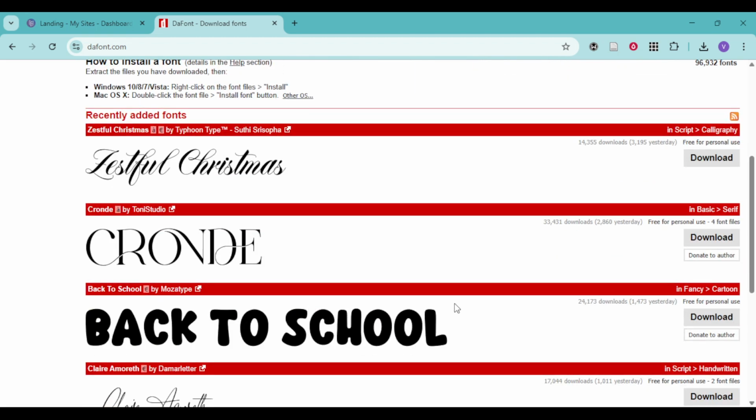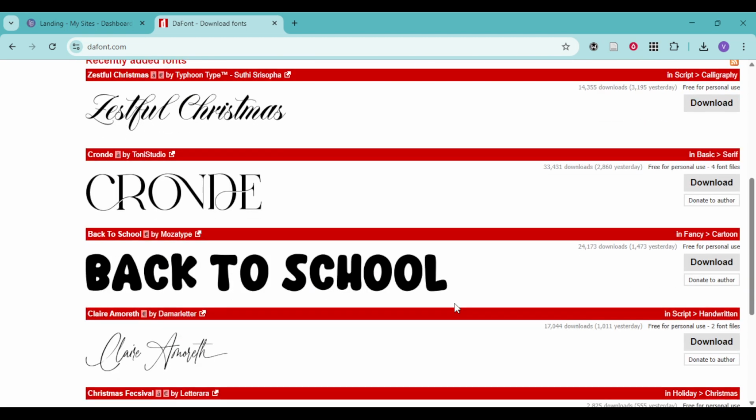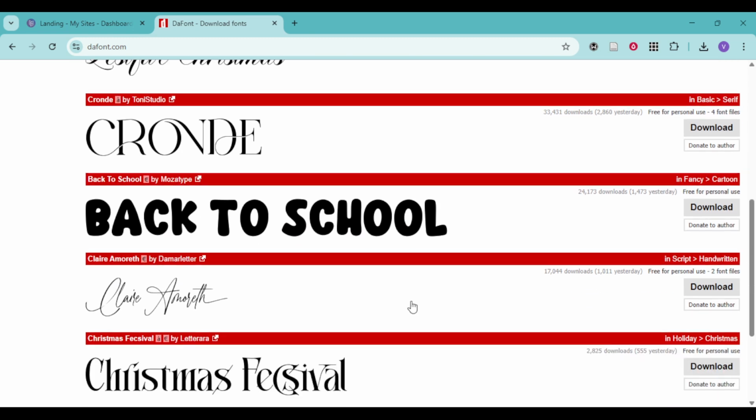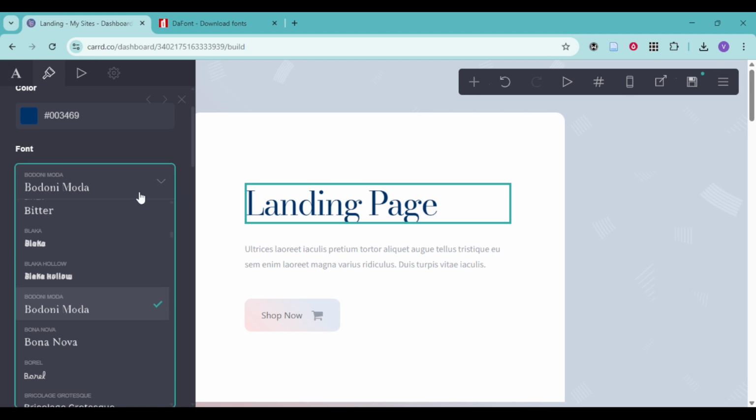You can source fonts from places like Dafont, but make sure you have the appropriate rights and licenses before using them on your site. Once the font is uploaded or linked, it will appear in your options so you can apply it to the text type you selected. Repeat this process for any other text types you want to style, such as subheading, paragraph, or button text, so